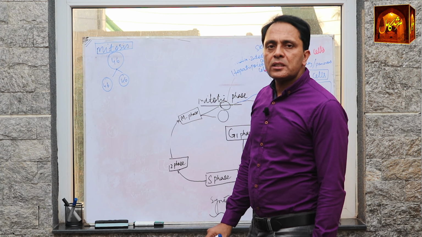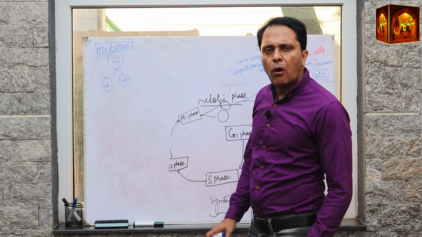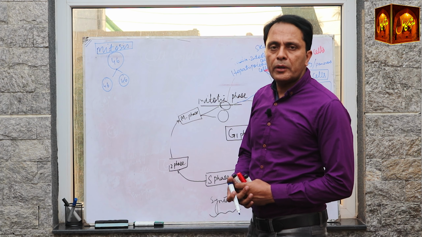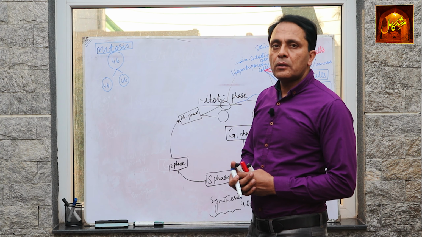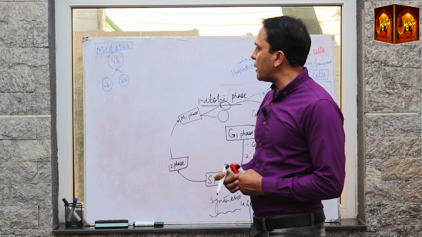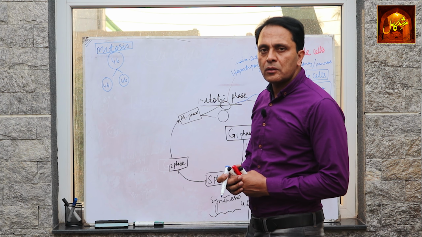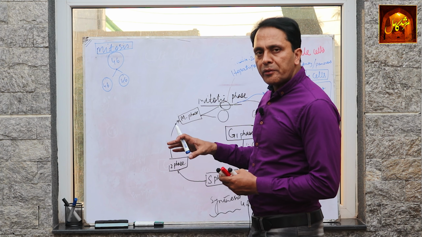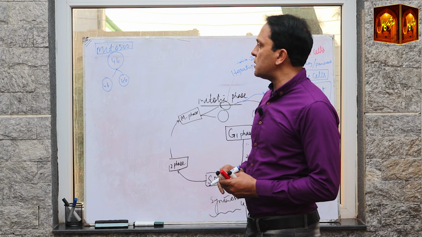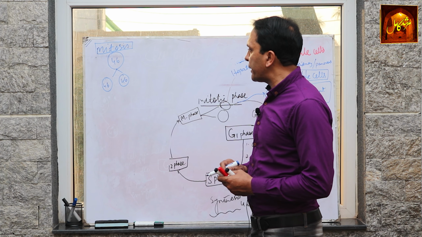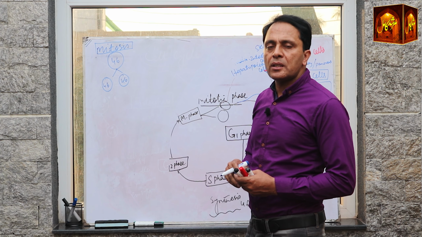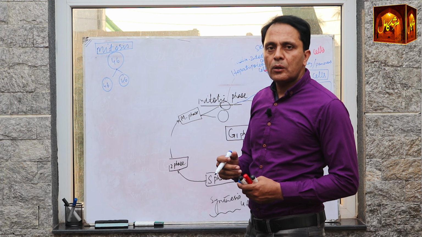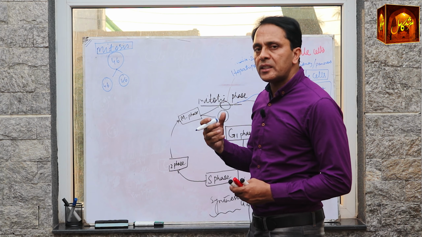This process of mitosis takes place in all somatic or body cells, even in your gametes. During the process of gamete formation, even over there, mitosis will also be a part of gamete formation. So it means it will take place in all somatic or body cells. This process of mitosis is a continuous process, but for our convenience, we divide it into 4 phases.